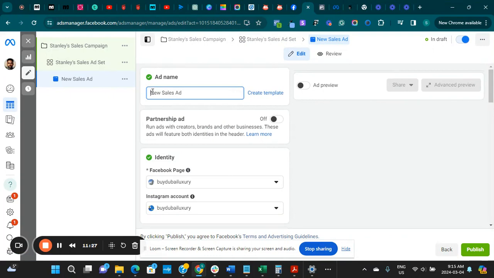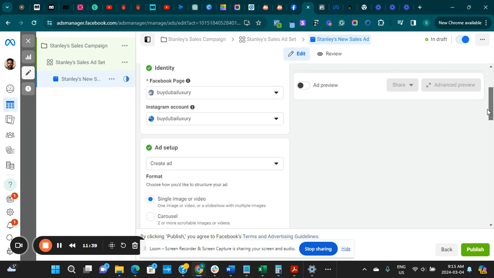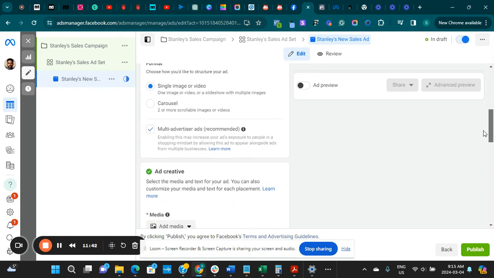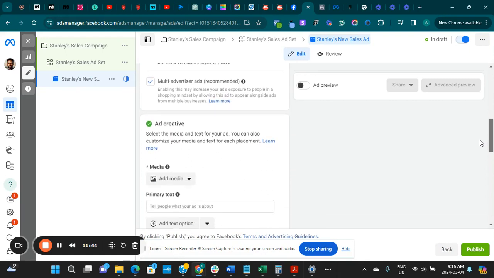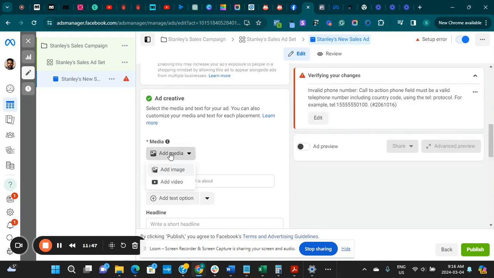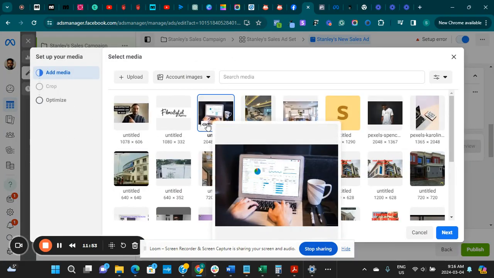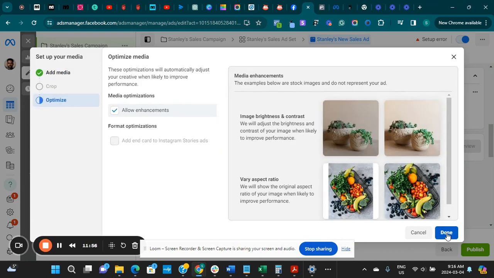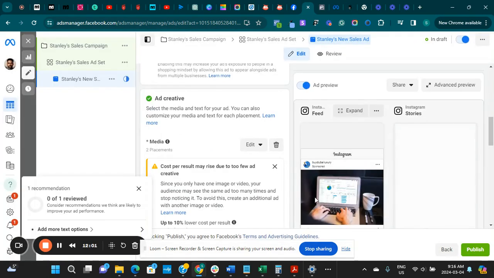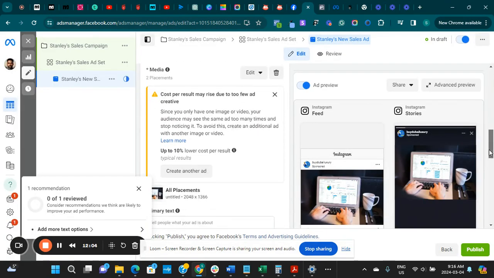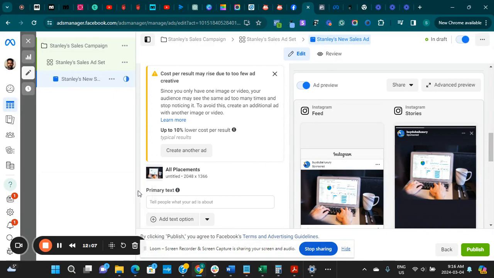Now we go to the ad itself, the ad proper. And we can name this ad Stanley's new sales ad, right? It shows us the page, everything is there, and we come to the single image. We're choosing a single image or video for this. I can just add my media here, add image to this, and let's just look for any image. Maybe we'll just put this one so that it just goes in, and allow all enhancement so it's optimized, and we're good on that. So this looks really good. We can see what it comes to here,